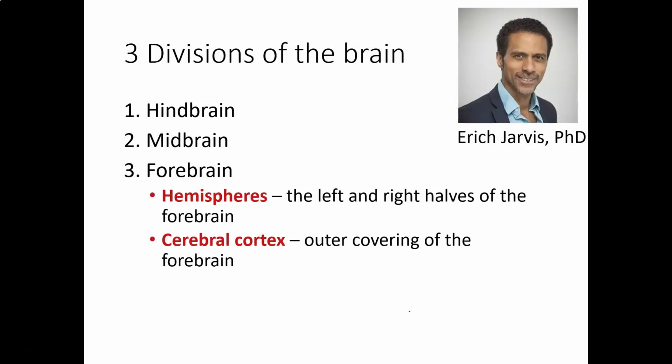So we've already covered this in prior slides. There are 3 divisions of the brain: the hindbrain, midbrain, and forebrain. We're going to be spending a lot of time in the forebrain. I already mentioned this. The forebrain can be broken up into 2 symmetrical hemispheres, kind of like the hemispheres of the Earth. They are the left and right hemispheres of the forebrain. What covers the outer portion, that brown convoluted structure, that's called the cerebral cortex. The word cortex literally means bark, and so it is the outer covering of the forebrain and the structures that